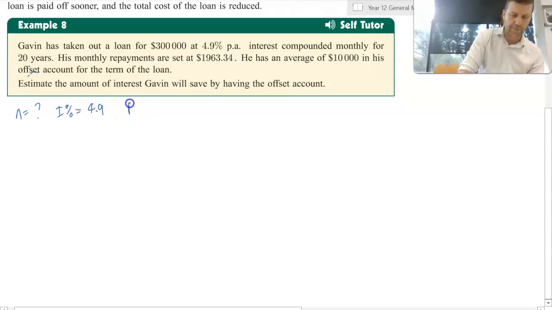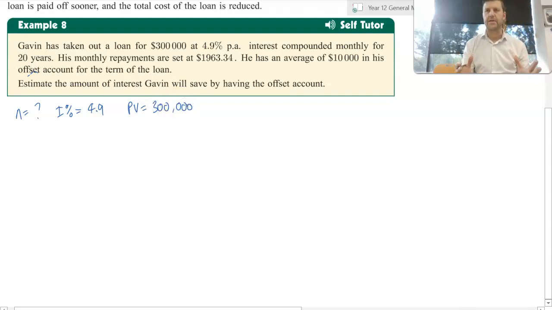The amount he borrowed, the present value, is $300,000, but because he has an average of $10,000 in the offset account, we're going to subtract the $10,000 because he's only paying interest on the difference between those two amounts. So he's only paying interest on $300,000, take $10,000. Now again, when you put in PV into your graphics calculator, you are putting a positive value in, so this will still be positive